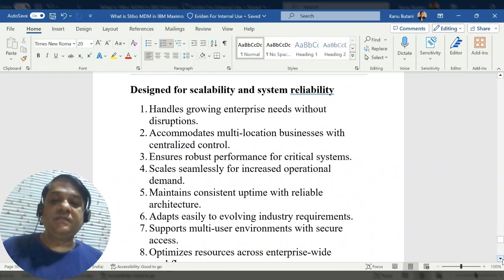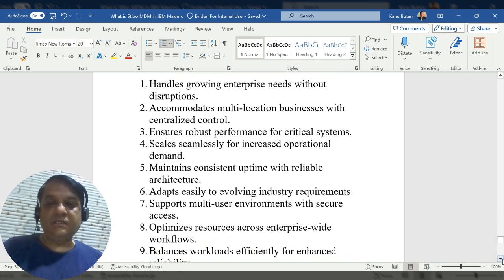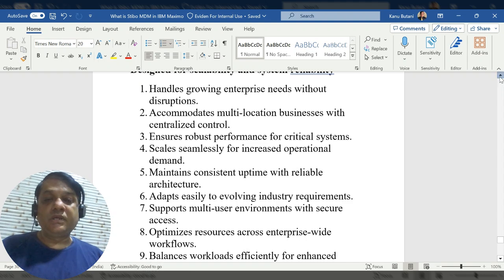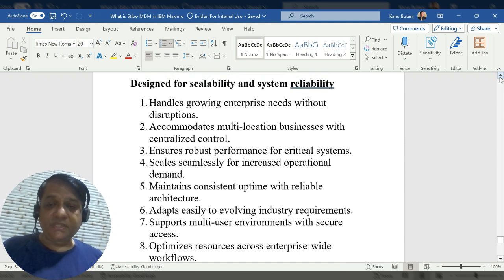How IBM Maximo is designed for scalability and system reliability. It handles growing enterprise needs without disruptions, accommodates multi location business with centralized control. It ensures robust performance for critical systems, scales seamlessly for increased operational demand, maintains consistent uptime with reliable architecture, adapts